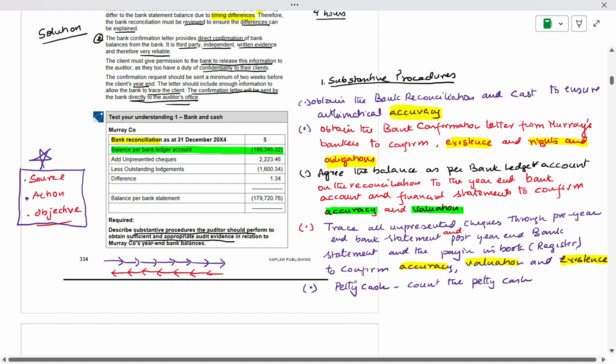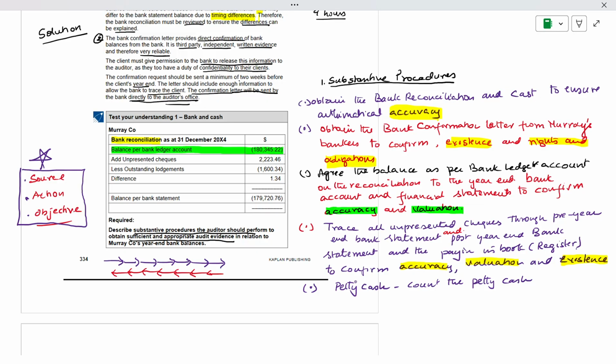The moment the auditor goes to the client place, the first thing, inventory, whatever it may be, they will go to the cashier. They will see what is in the cash book and what is the physical cash, the registered cash. They will take a copy of that, the cashier will sign, and the responsible person will sign. That is one of the documents.